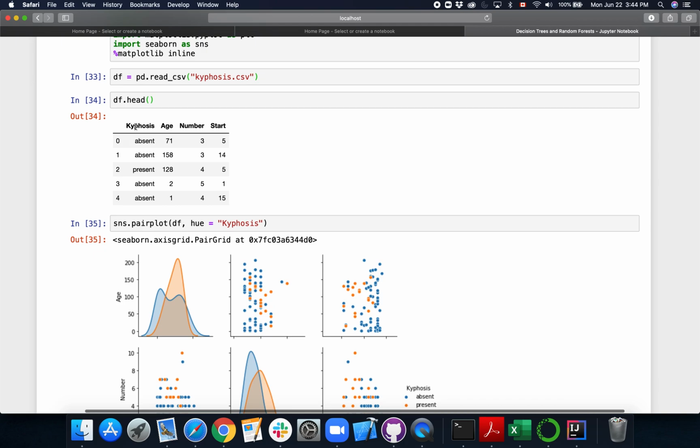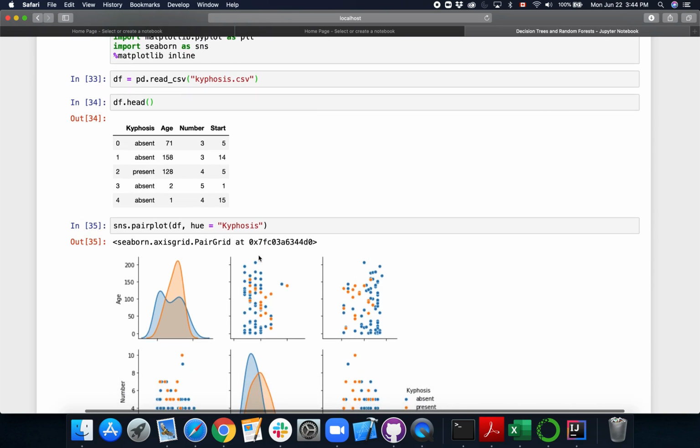Okay, so I always suggest you to have a balanced data set. Okay, so that is all for decision trees and random forest,